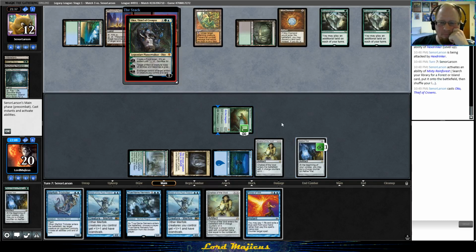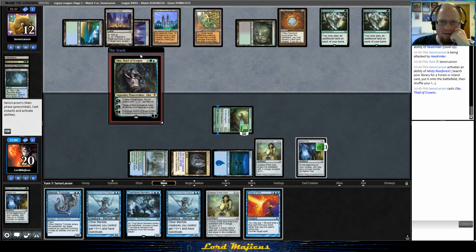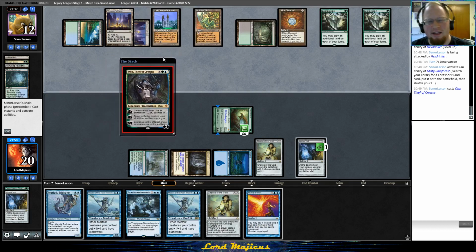Oko. I guess I should counter that, right? No. Do I even need to? They gain 3 life out of it. Like, it's not going to do anything. So what are they going to do? Create a food token? That doesn't do anything. They gain 3 life. I kill Oko and still... Yeah, I think this is fine, because...